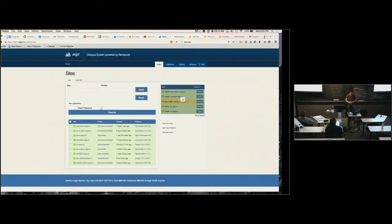This is a demo site at Omega 8CC, and you can see this is a Drupal site itself. You can see here are my fake Drupal sites I've got here. I can install different Drupal installs, so I've got Commerce Kickstart, Open Public, Open Academy. It's kind of neat. It's also kind of a headache, to be honest with